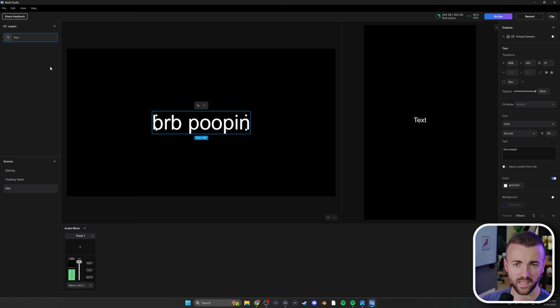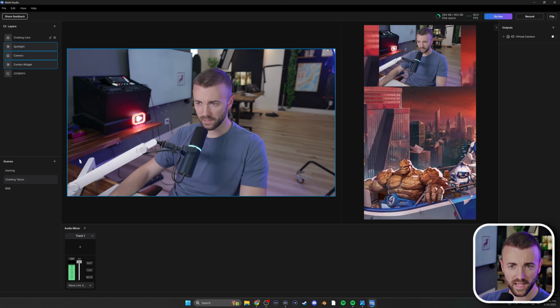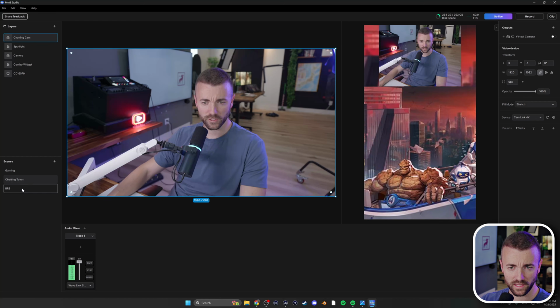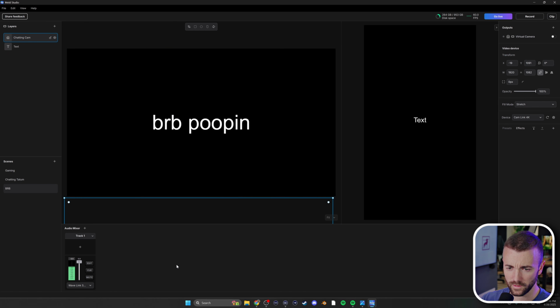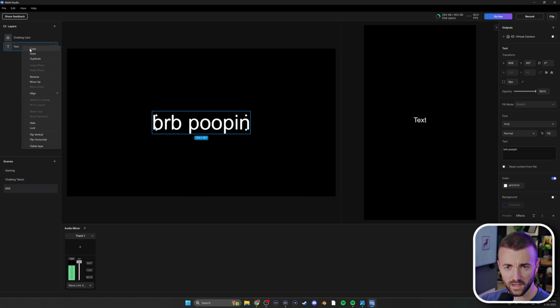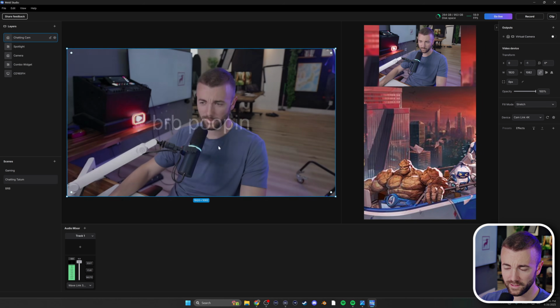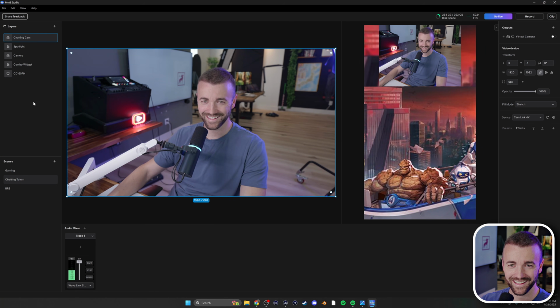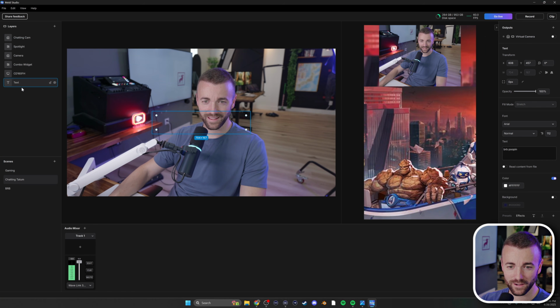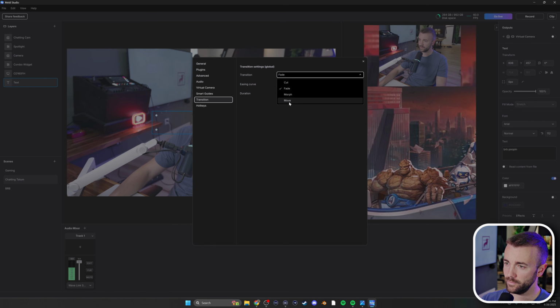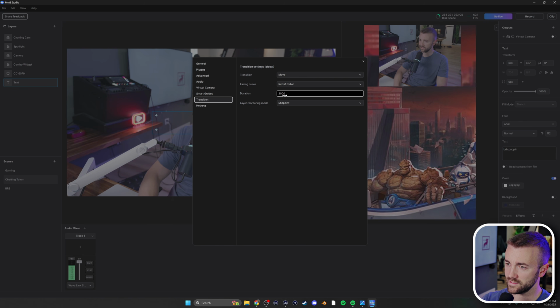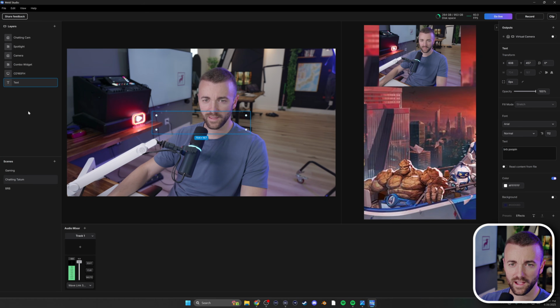Cool. Easy peasy. In fact, we can take our chatting scene. Let's copy our chatting camera, put it in the BRB, put it on top, and let's move it down here. And then let's copy our text, put it back in our chatting scene, and put it at the very bottom. Oh, let's switch our transition back to move. Switch this back to 2 seconds because I like that. And now